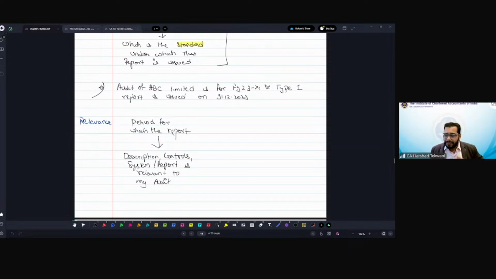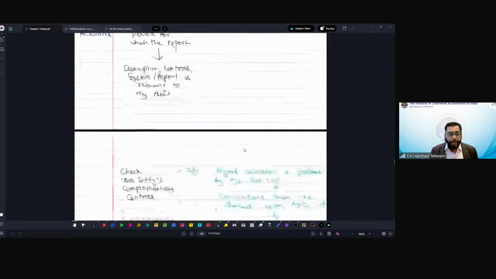Let's say for example they gave something else, like instead of the payroll functions they only commented on the tax functions of the third party or the service organization. Not relevant for me. So accordingly, once I will identify whether this is relevant or not, I need to then consider the report for my assessment. And then I will do, okay, now I have got the information. Now whether I can perform the risk assessment, yes, I will perform the risk assessment. If no, then I may choose to perform some other procedures to get more information. Okay, till here